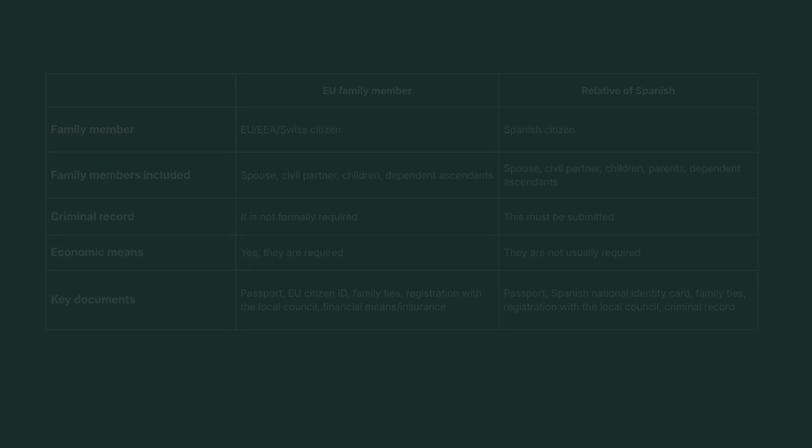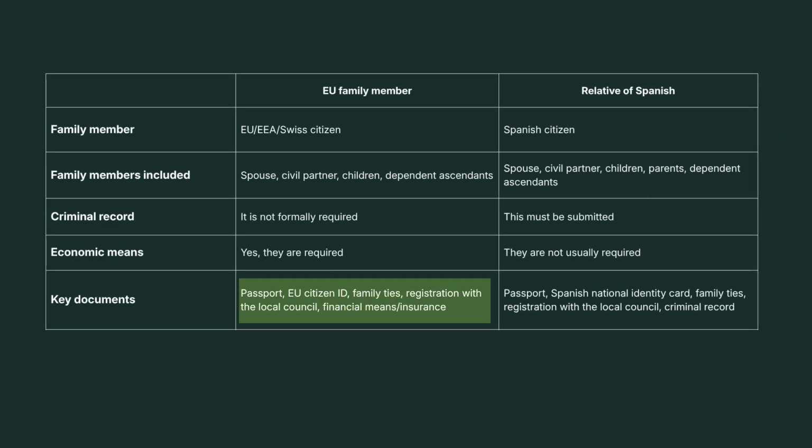Now let's look at the main documents. In both routes, similar documents are required, but there are important differences. For the residence card for family members of European citizens, you will usually need to submit the applicant's passport, identity document of the European citizen, marriage certificate, registered partnership certificate or birth certificates, empadronamiento, and financial documentation or health insurance